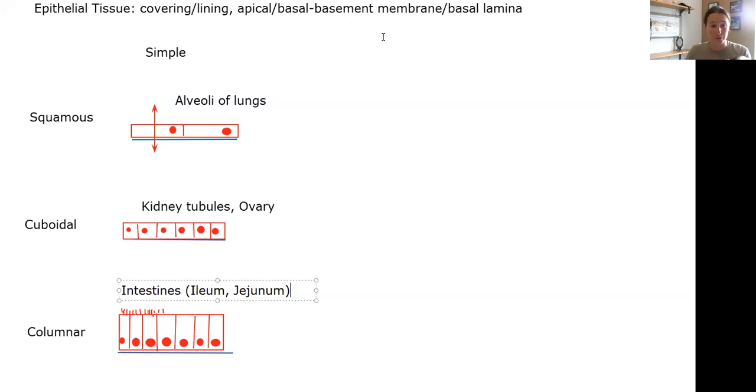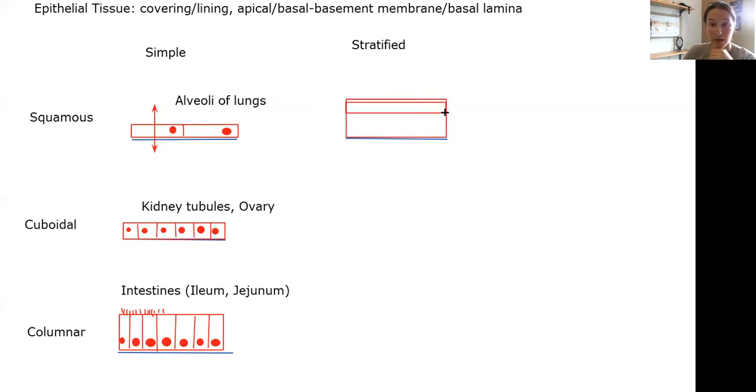Okay, so all the tissues we've looked at so far have only a single layer of cells, all of which are attached to that little blue line there, the basement membrane. But as you might imagine, that is not always the case. We also have stratified tissues. So a stratified squamous epithelial tissue would have the basement membrane as always, but now instead of having one single super thin layer of cells, now there are going to be multiple layers of cells. So not all of them are going to be